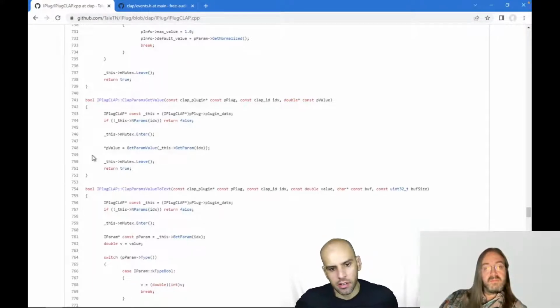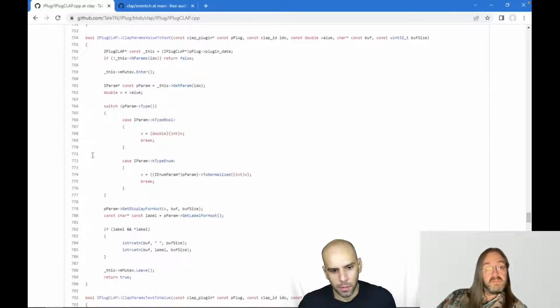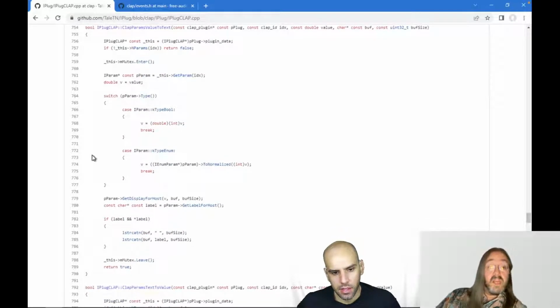And then value to text, that's pretty straightforward, it seems. Yeah, one weird thing I noticed is that in VST plugins, you can specify a unit for the value in the parameter info function, for example hertz or dB or whatever. But in CLAP, you cannot do that.